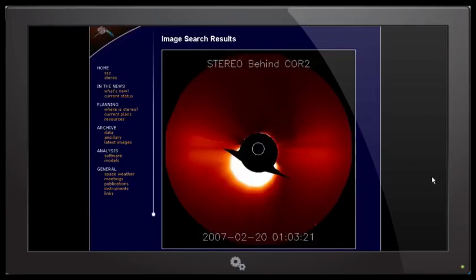Now, this object imagery actually goes back to February 2007. So let's take a look at it and see what it looks